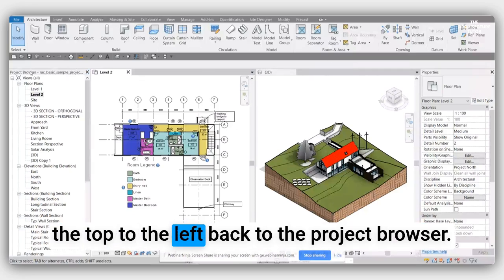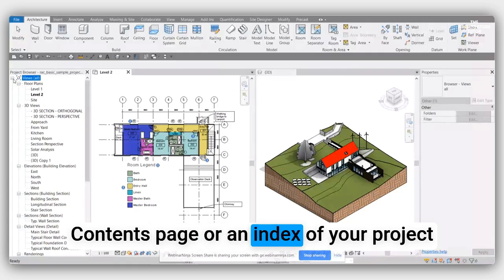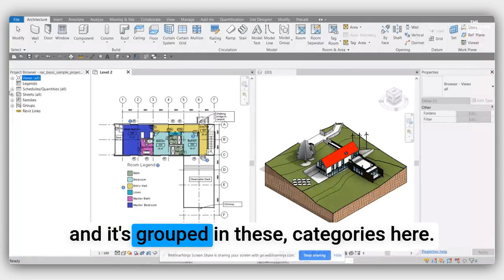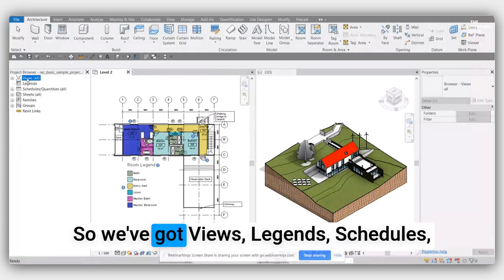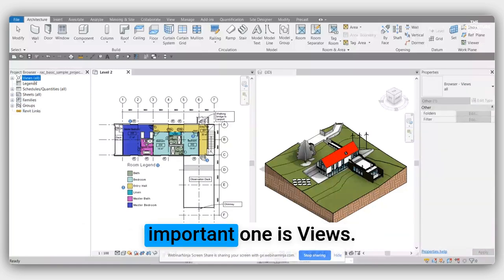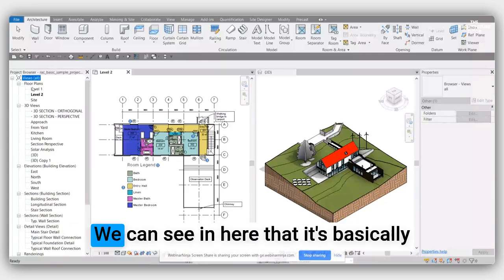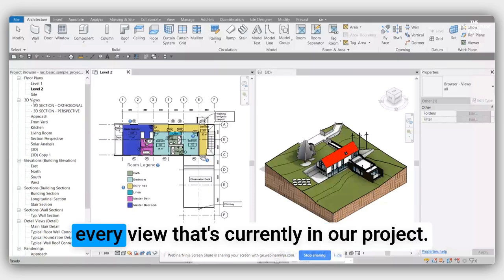To the left, back to the project browser, I mentioned this is kind of your contents page or an index of your project, and it's grouped in these categories here. So we've got views, legends, schedules, sheets, families, groups, and Revit links. The first and probably most important one is views. If we expand that by hitting the little cross, we can see in here that it's basically every view that's